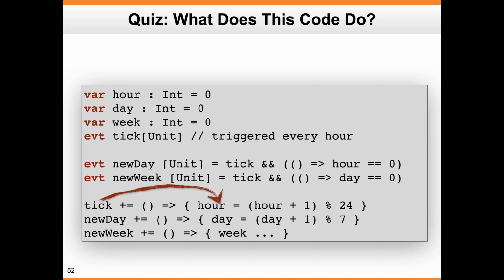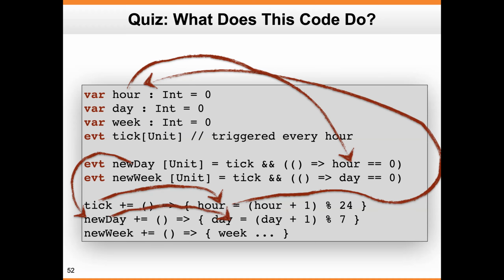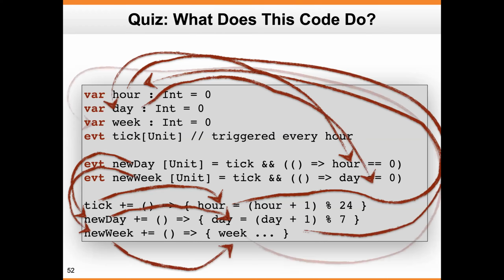The callback associated with tick will execute, which changes the globally scoped variable hour, which may cause the predicate in the definition of the event new day to become true, hour to become 0, which, if this is the case, will trigger the event new day, which in turn will cause the attached callback to execute, which changes the variable day,